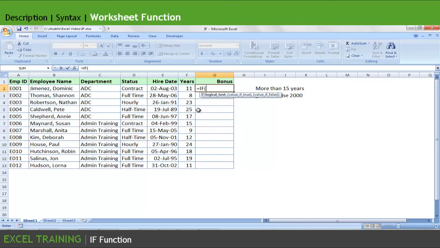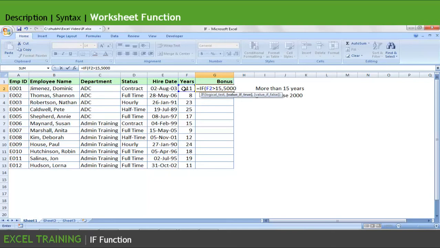To put the condition, I'll select the first cell of years, that is F2. The condition says if that is more than 15. So I'll say if this is greater than 15, comma, what should happen if that is true? 5,000 rupees should be given.